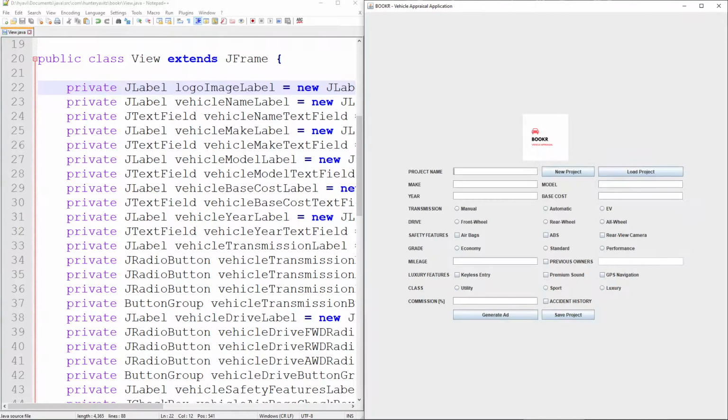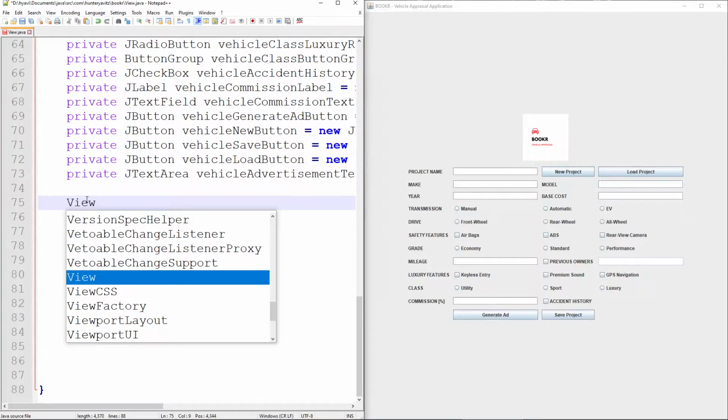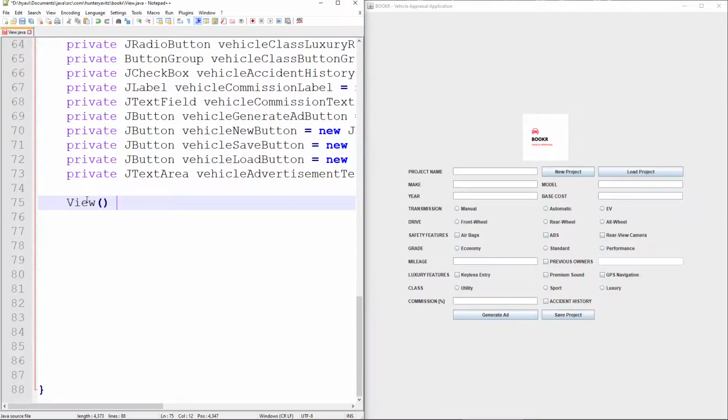Lastly, we're going to have to define what's going to happen whenever they hit the X button. That's going to be the default operation close, and we'll set a final size for this, which will probably be somewhere around 720 pixels left and right. If we scroll down here to the end of our field declarations, we can begin to define the constructor, which, as you already probably know, is just a simple reference to the class. So view, and in this constructor,